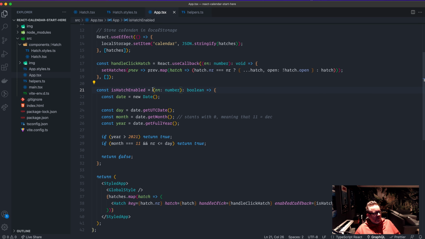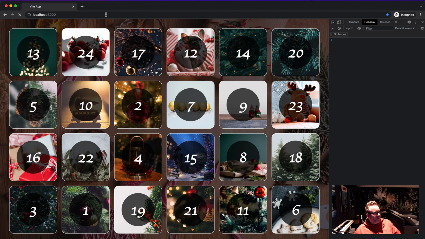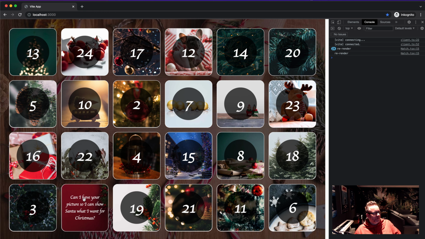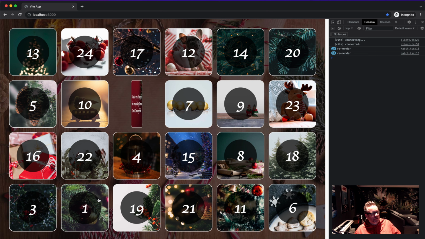So we have to wrap this one also inside a React.useCallback, parenthesis, and down below here, comma, and the dependency array. And we don't actually have any external dependencies here also because we're creating the date inside here and we're sending in the number here. So we're not depending on anything outside of this function. So we don't need to have anything in this dependency array. Save it, go back to the application, reload it just in case. And when I click here now, you can see that it only re-renders the hatch that it actually clicks on. So this is how you optimize a React application